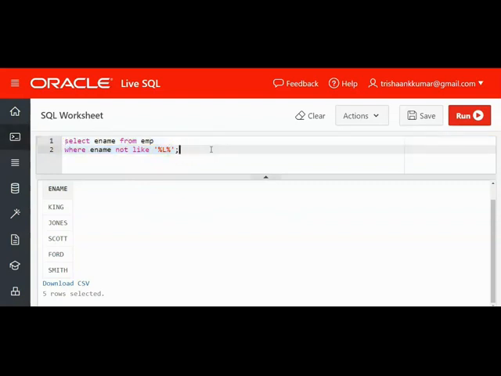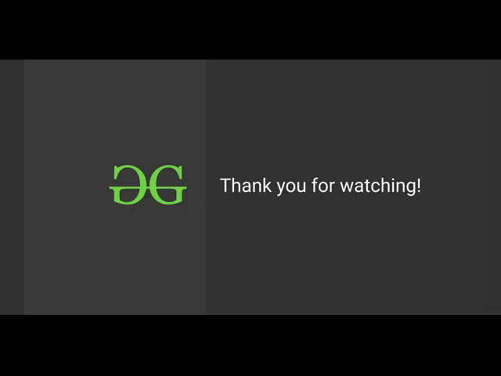So this is one dimension that you can observe. Hope you are enjoying. That's it, friends. We'll discuss all possible dimensions of the like operator, that is pattern matching in SQL. So please do practice whatever has been taught so far, in all possible aspects, practically in the Oracle compiler.